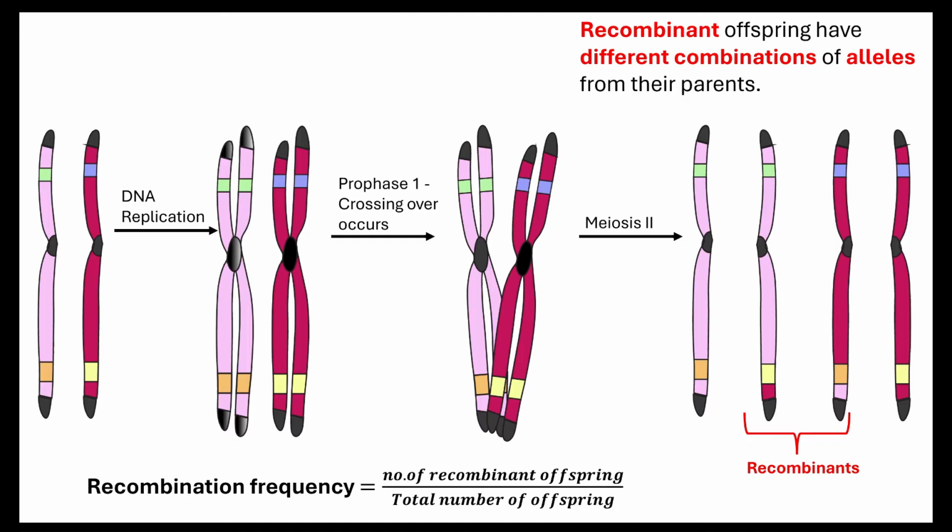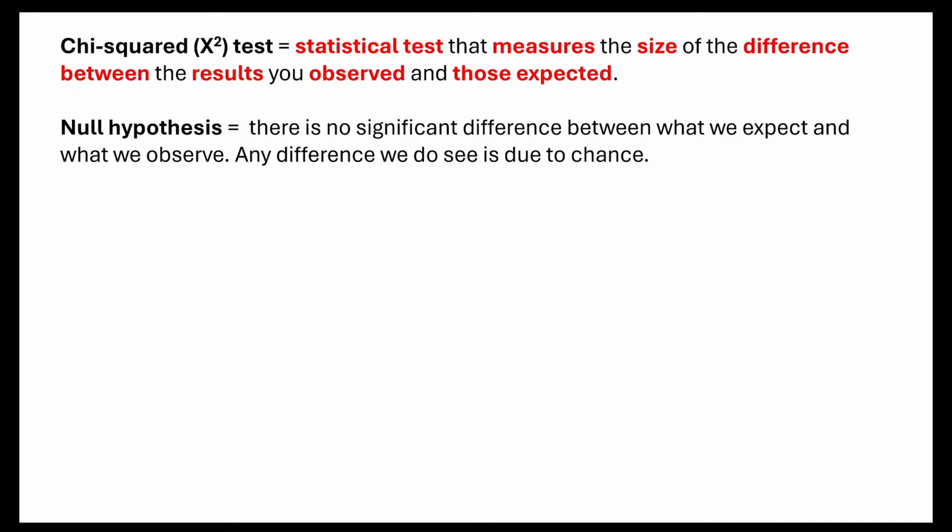So if we understand that recombinants are different from the parental alleles that were passed on, we can actually work out what's known as our recombination frequency. What we'd have to do is we'd have to calculate the number of recombinant offspring and divide that by the total number of offspring. Now, what they love to do in this type of question is they love to throw in a statistical test. So I'm going to bring in chi-squared here because it comes in very clearly with linked